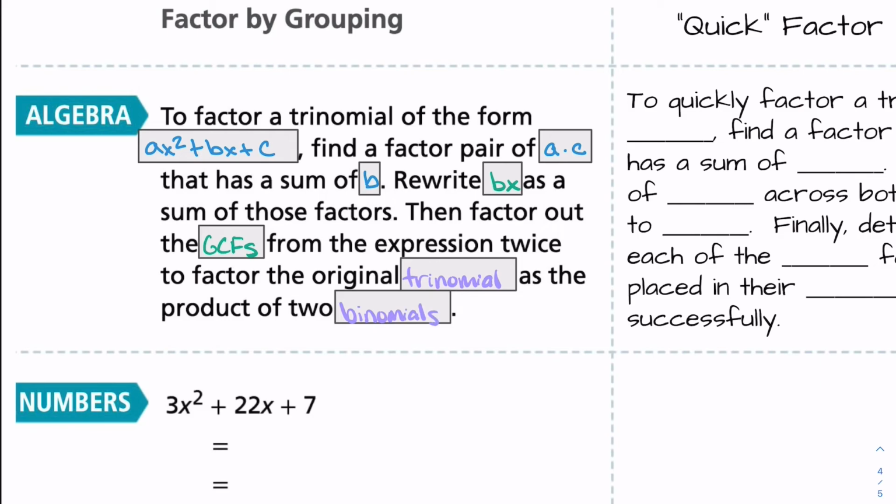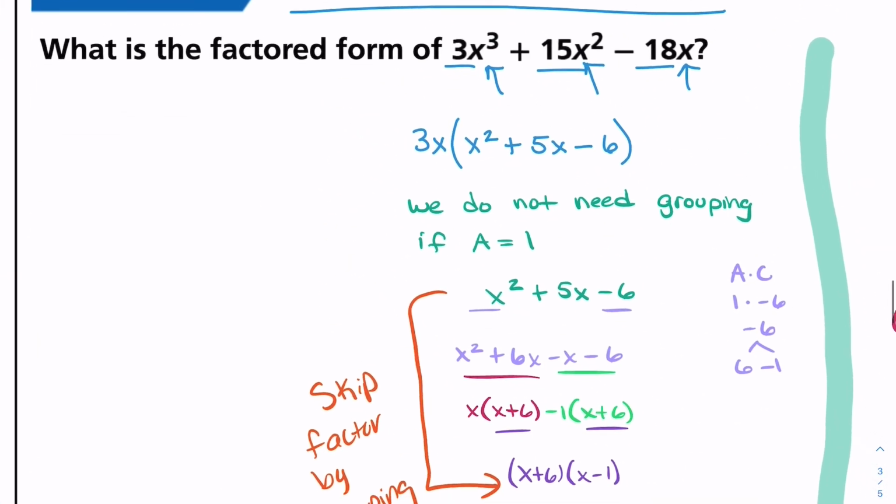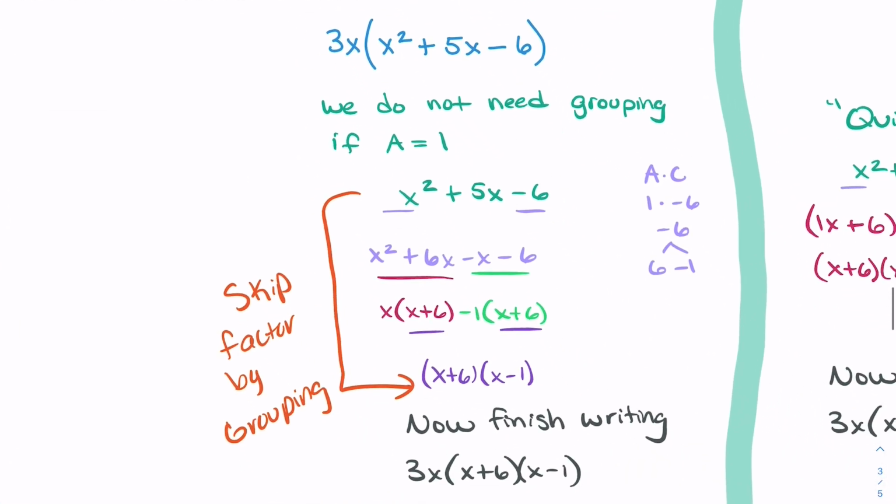That's what we did. We factored that GCF twice. The first time is getting out whatever we could, which was taking out an x, for instance, and a -1, and then factoring out the x plus 6 one more time,